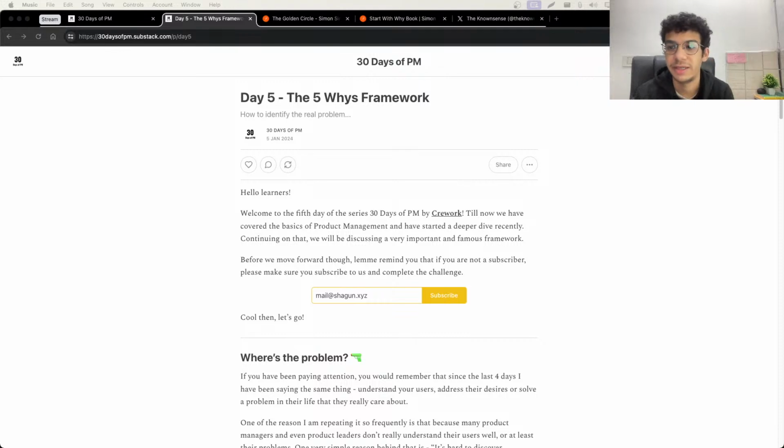But to begin with, where did this framework come from, right? So this was actually from Toyota. The founders of Toyota essentially came up with this framework called the 5 Whys framework. There is no reason behind it being five whys. It can be 3 whys, it can be 4 whys, but there is no scientific reason behind it. But yeah, five is a good starting point, and 5 whys, it also sort of rhymes. So yeah, the 5 Whys framework was from the Japanese